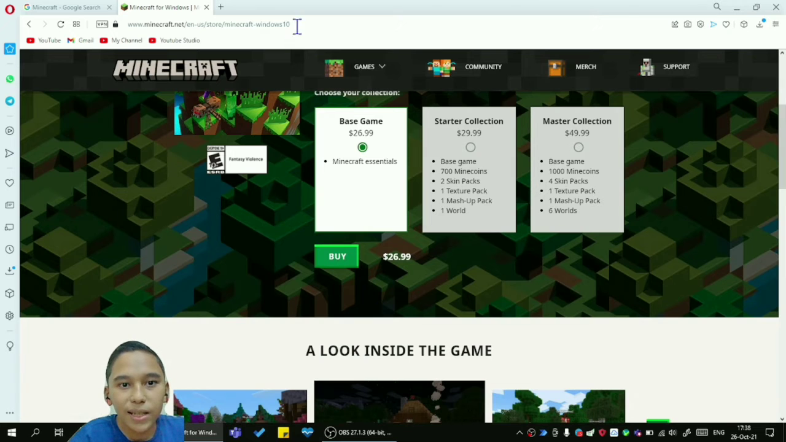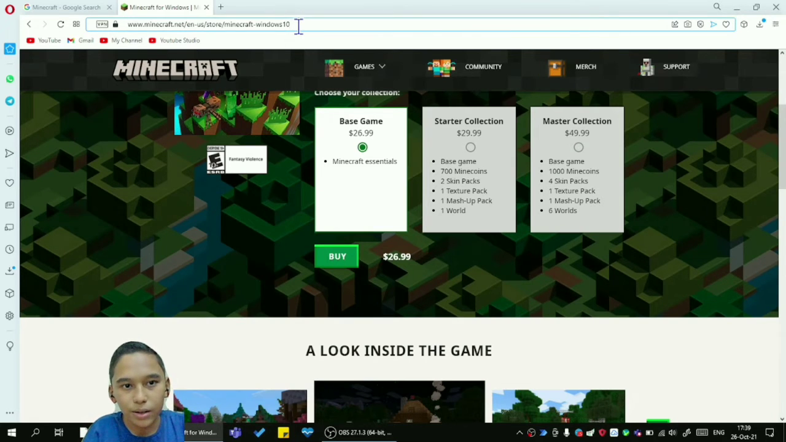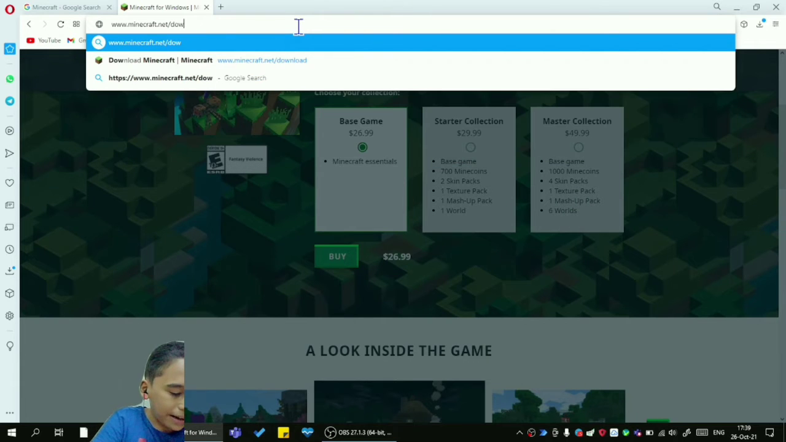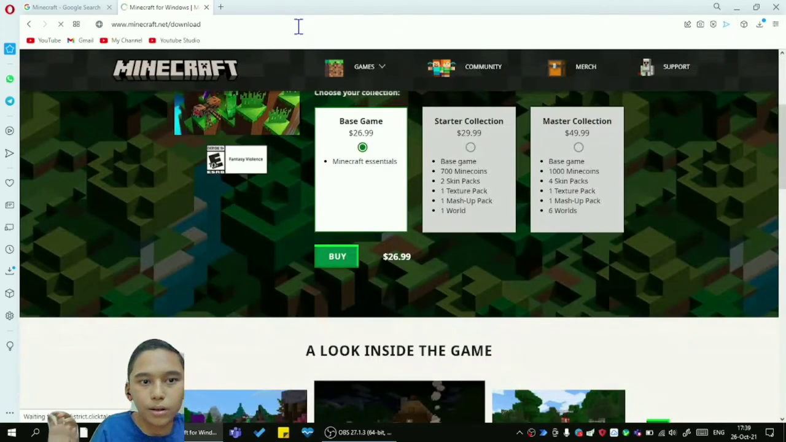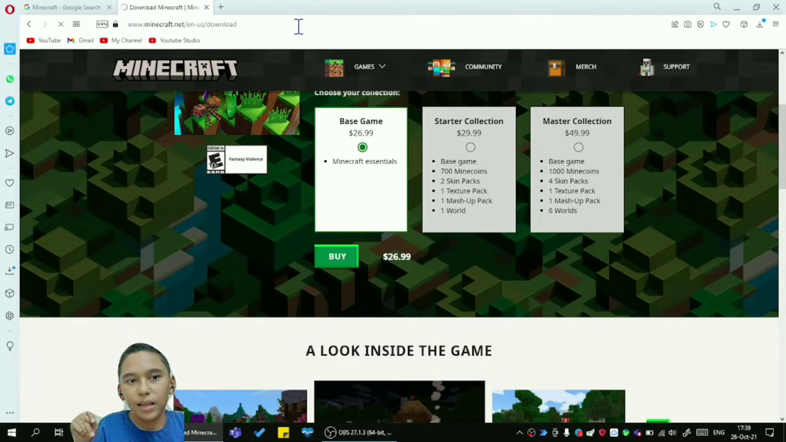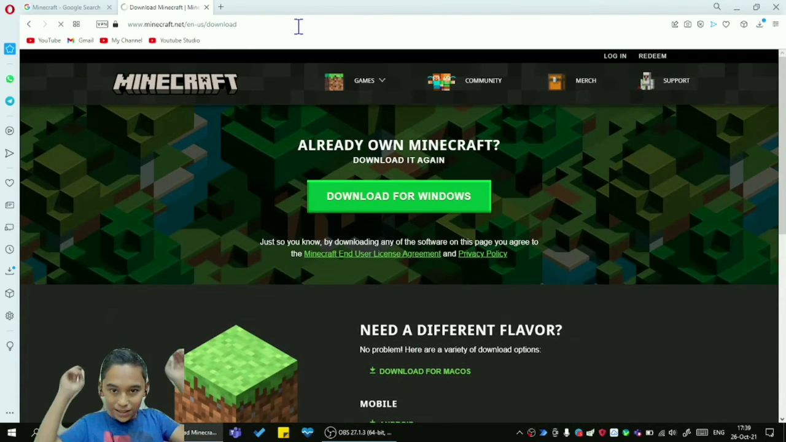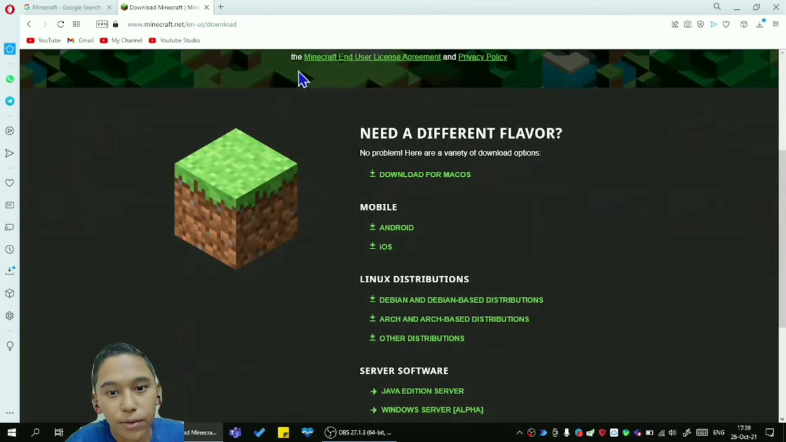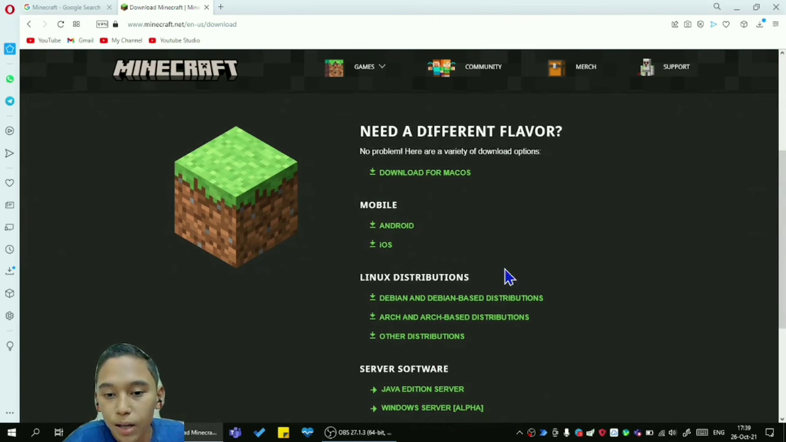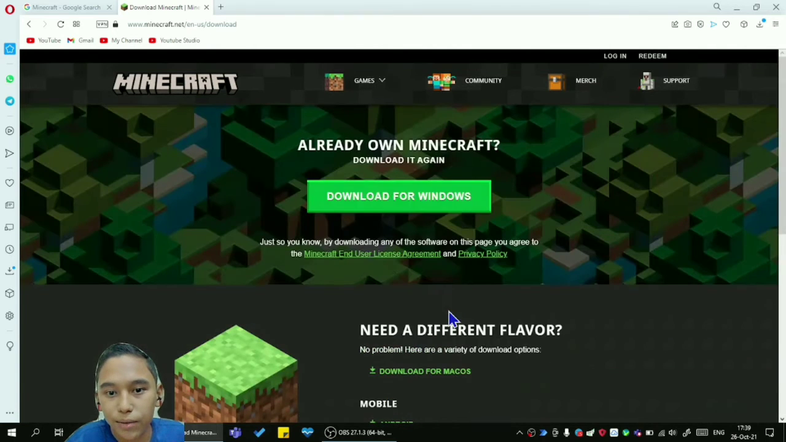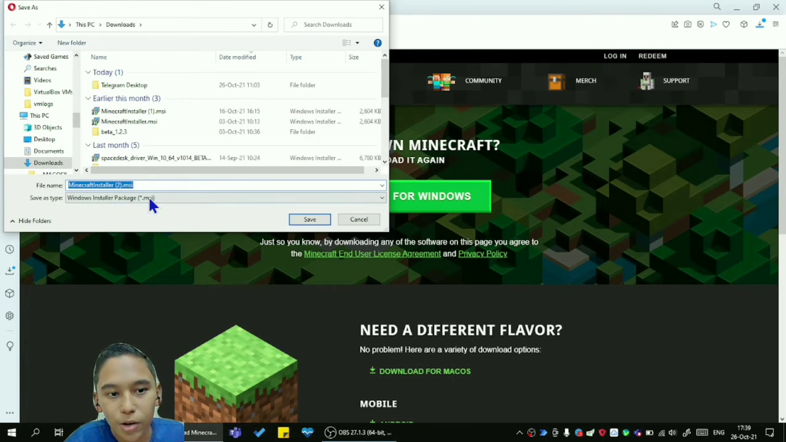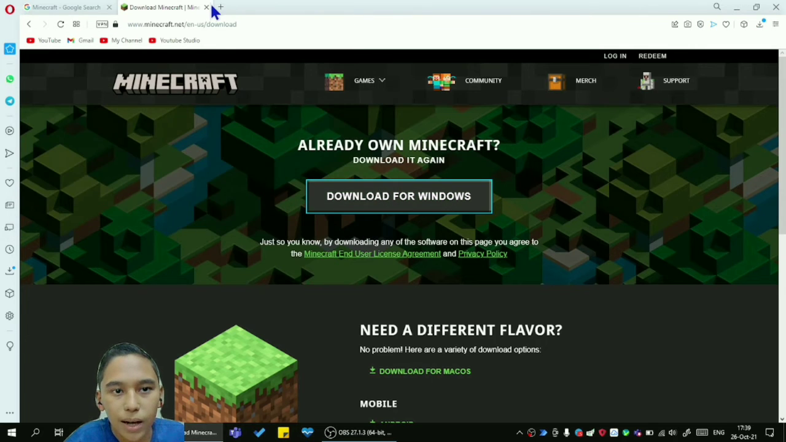So get back over here, and we're just gonna go like this, minecraft.net/download. Go hit enter, and you should be prompted to this page. And when you click on download for Windows, whatever platform you're in, you are going to download it for free. As you can see, I'm going to click it. There you go. So as you can see,